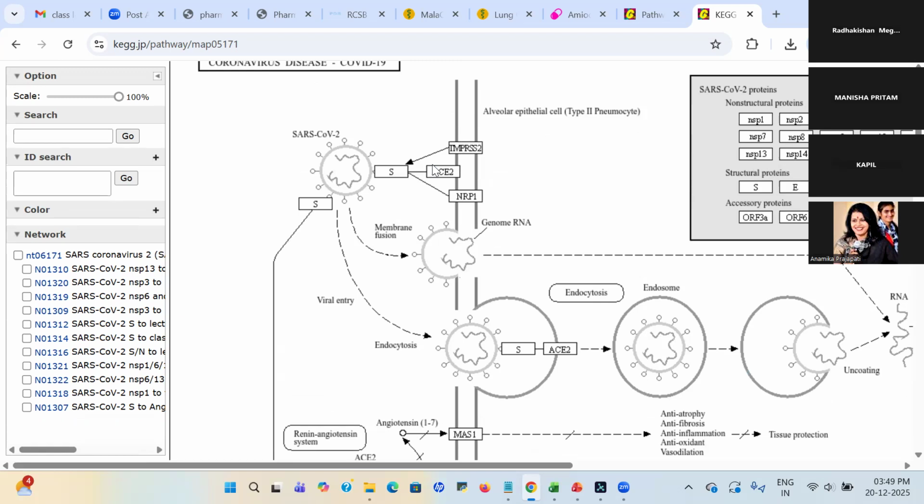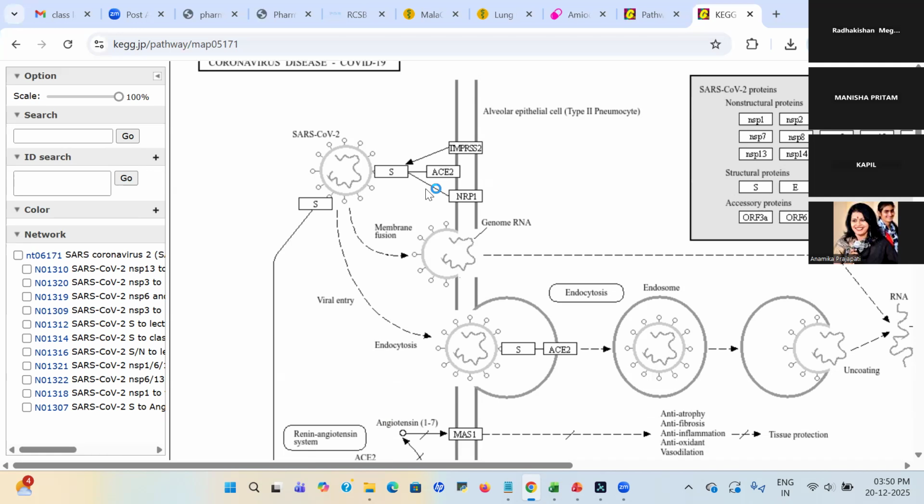So one thing is clear from this pathway, that you can easily find good receptors from KEGG pathway or MalaCards or from DrugBank. If you are not sure what kind of receptor or what kind of target you want to work on, these are very basic and clear things that you can easily target. So if you're going to target S protein, you just use S protein